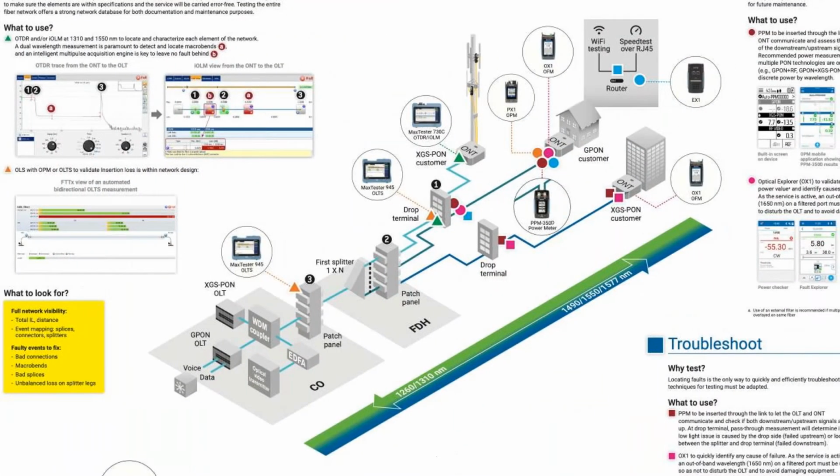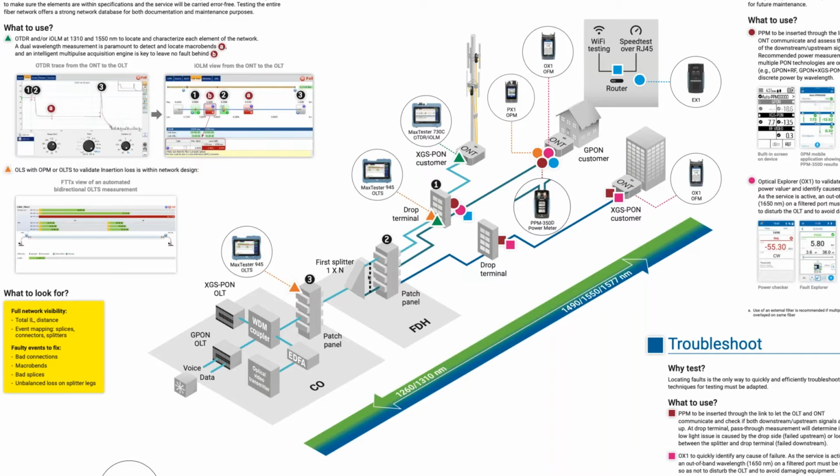But let's first take a look at this network map here. This is a great poster that we'll be sending out from Expo that describes a standard PON network. We're looking at the CO environment down here. You have your OLT. If you have an optical video transmitter or an RF layer, that would be coupled in. In this scenario, we have an XGS PON OLT. This could obviously be a regular GPON OLT, patch panel, then out to a fiber distribution hut or some sort